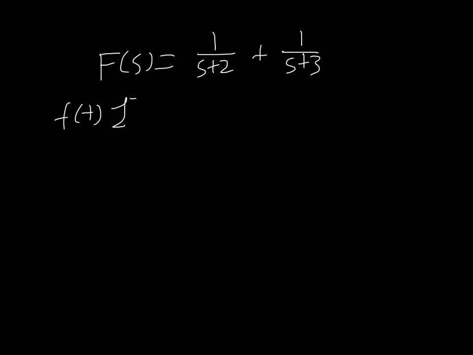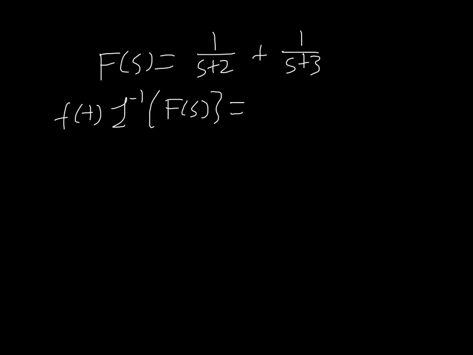And so now F of s is equal to 1 over s plus 2 plus 1 over s plus 3. And you can combine these, and you should come back with our original polynomial. So now we need to find f of t, which is, of course, just the inverse Laplace transform of F of s,